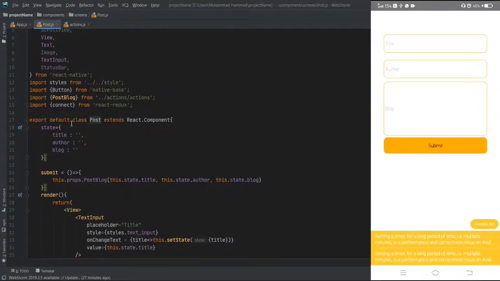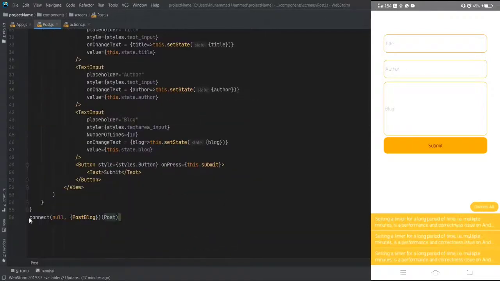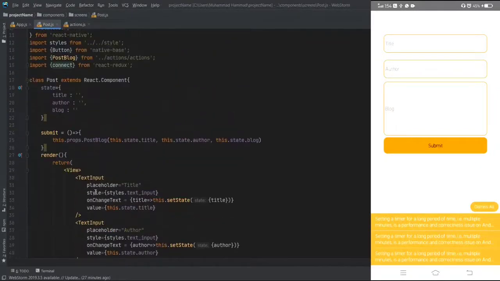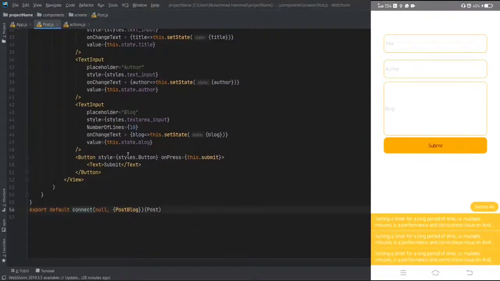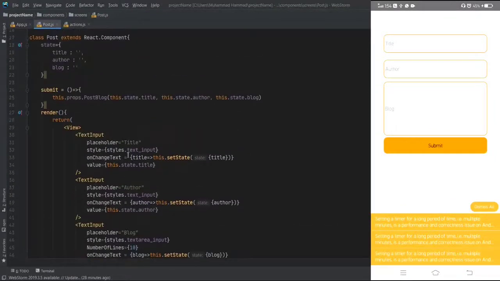So instead of using this export default here, cut it from here, and we can paste it here like this. Okay, and in this case we are not just exporting this connect function, but we are also exporting this Post class, and it is only permissible to use export default once in one single file in React Native. Okay, so that's all. Save all the changes, and now it's time to take the user inputs, and we will test whether it is storing the values in our Firebase or not.